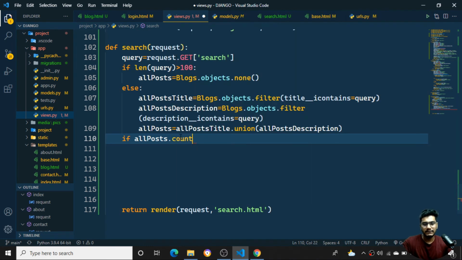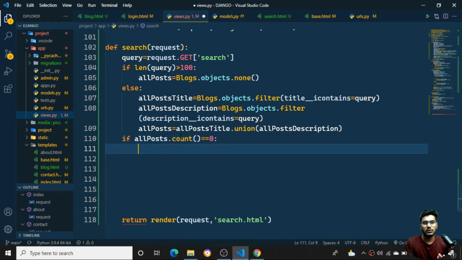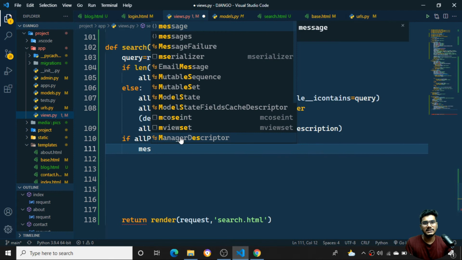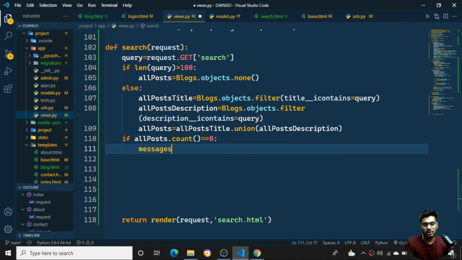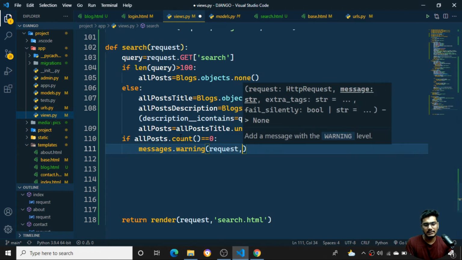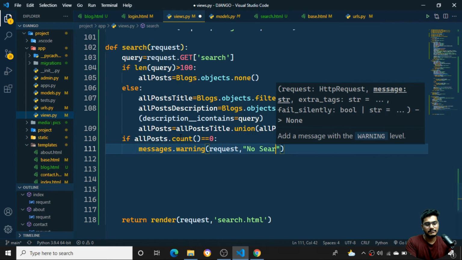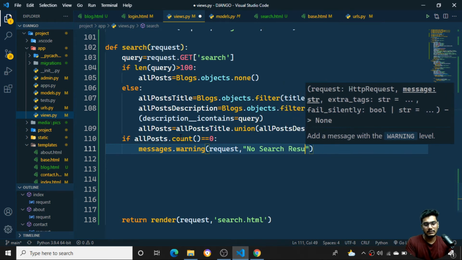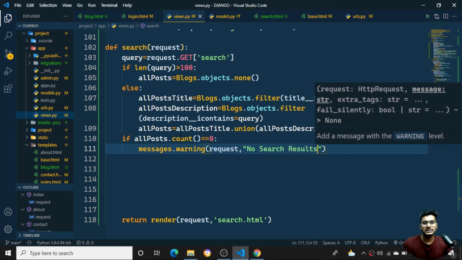If the count is equal to 0, I'll say messages dot warning, no search results for, and I'll take the request. So no search results, like this.